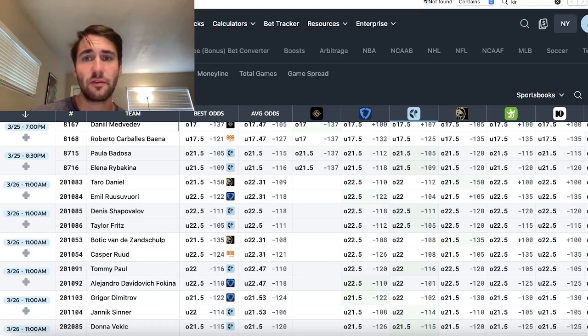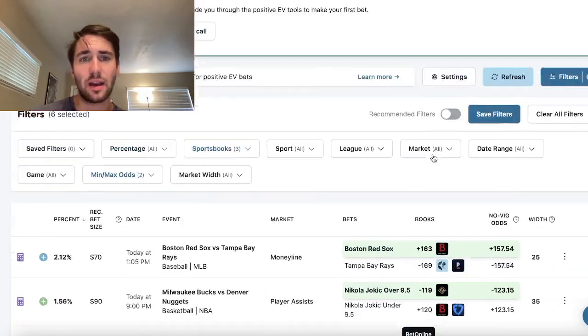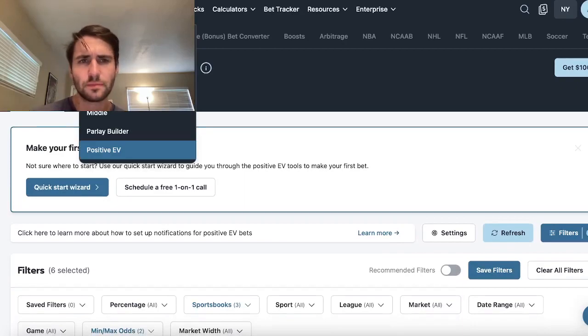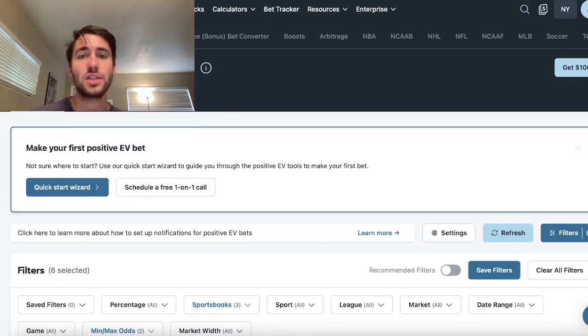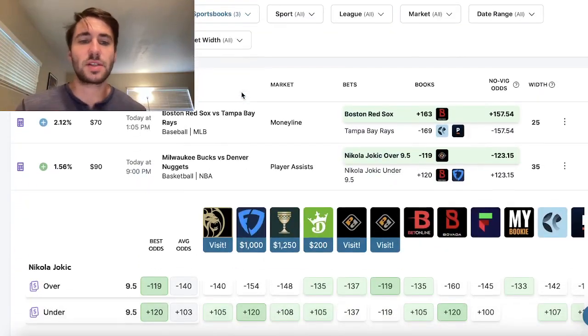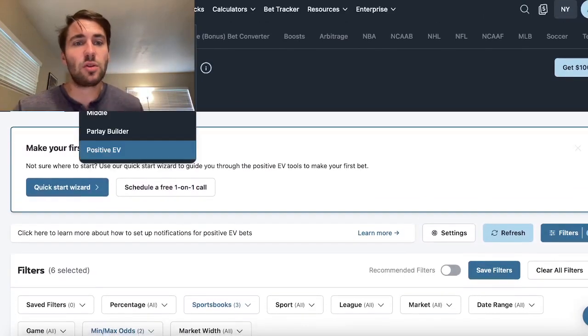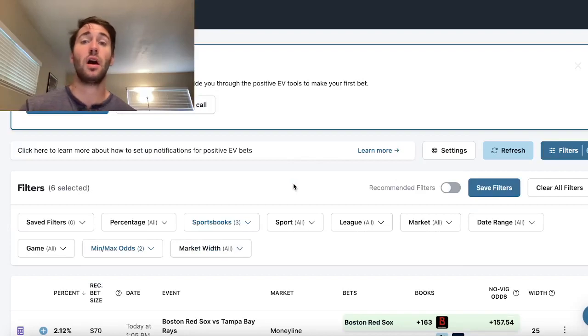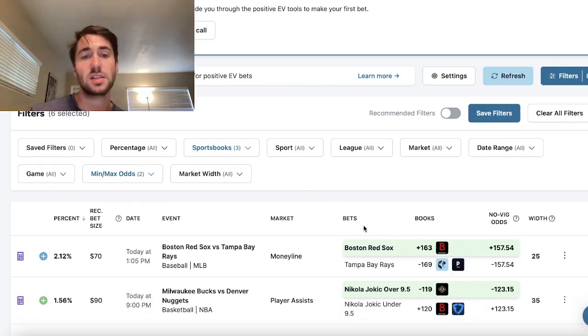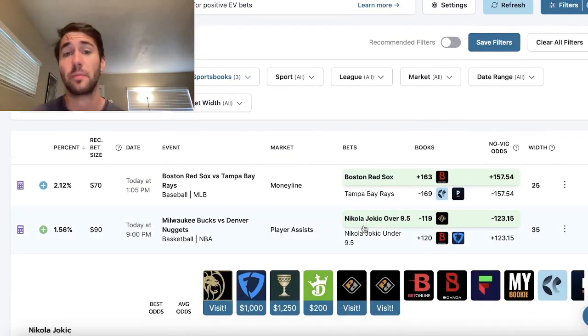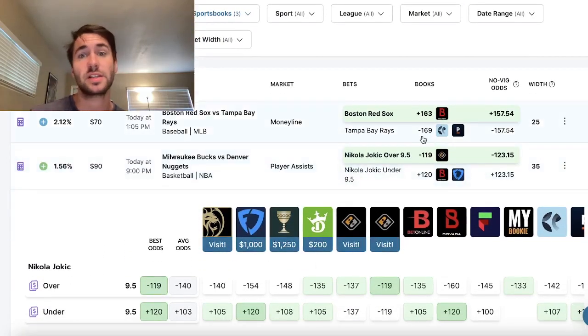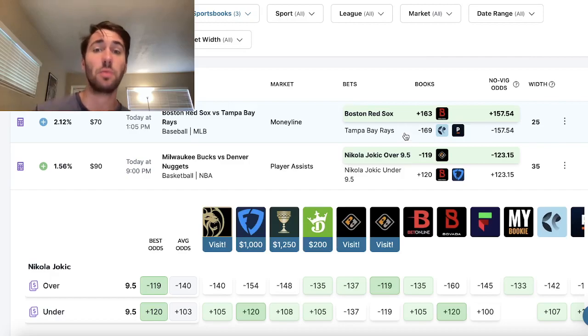But anyways, the first pick I ended up going with today, we'll head over, and this is on a different tool. So again, I said I use two main tools on OddsJam. The first is that OddsJam screen, and that's for looking for where sportsbooks are setting the line at different levels. And then I also use the EV tool, right? What the EV tool does is it compares odds. This is the easiest tool to use, in my opinion, on OddsJam, and I get most of my picks from it because it's just super easy to use. It's less flexible than the screen.